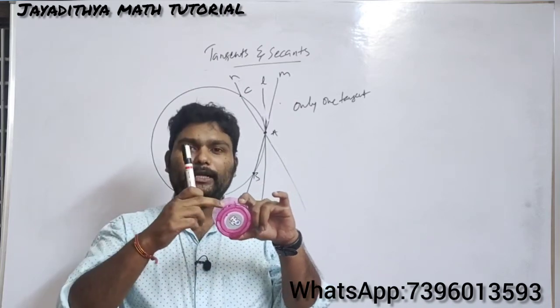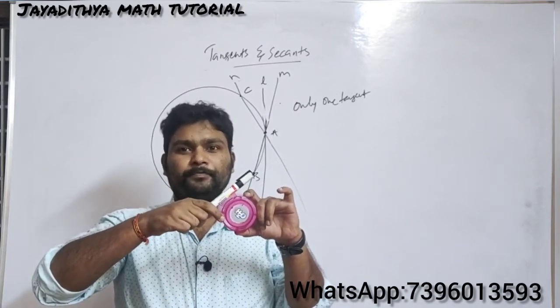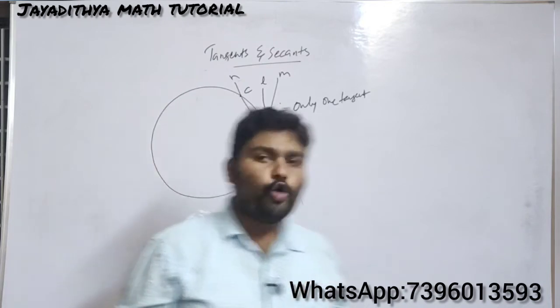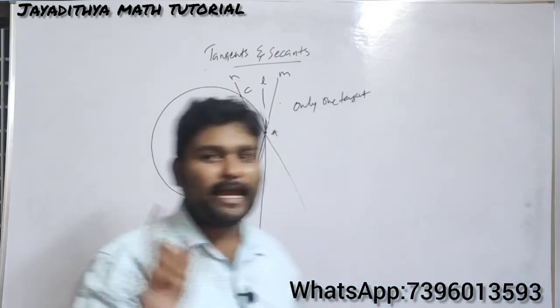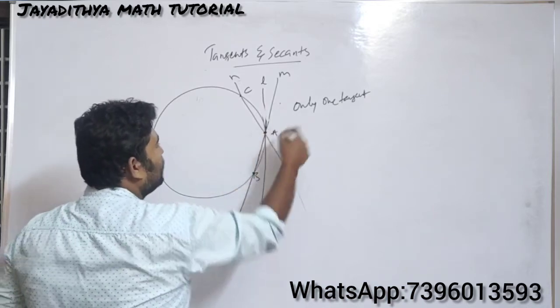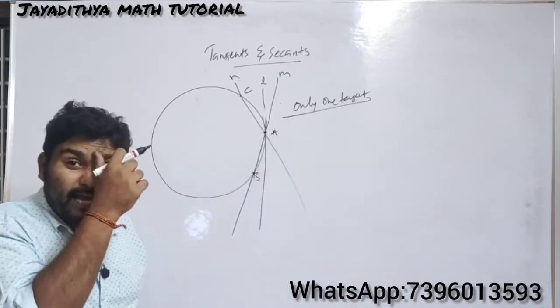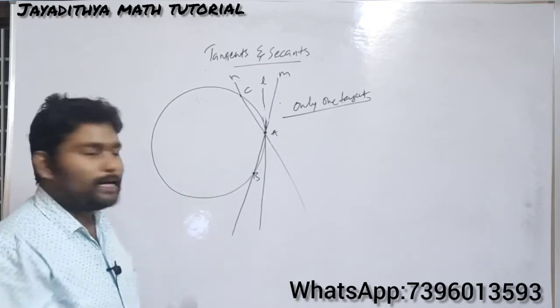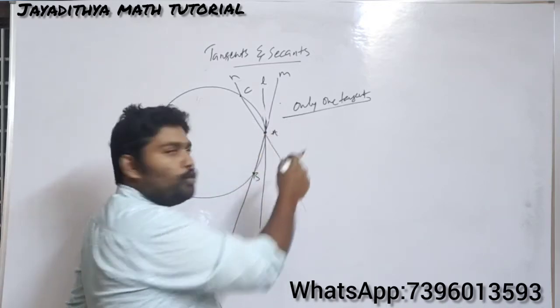For example, if you have a point here, you can draw only one tangent like this. Whatever point you take here, you can draw only one tangent. So how many tangents can be drawn to a circle at a given point? At a given point, you can draw only one tangent. But sometimes to confuse you, the question will be like this. See here, let me write the question, then you will understand.